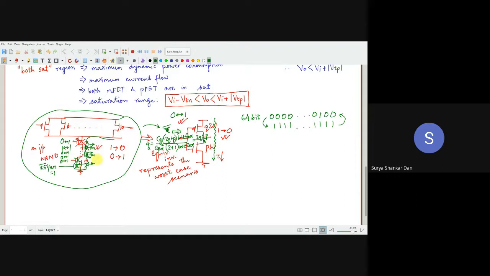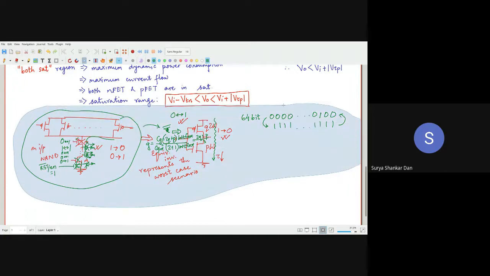Now, whenever we are making an equivalent inverter, the bottom line is we are combining all the inputs into a single one. So whenever we are transitioning between 0 to 1 at the input, it corresponds to all the inputs of the multiplexer, or whichever complicated combinational circuit you think of, simultaneously switching between 0 and 1, irrespective of what that combinational circuit is. In fact, that is the very basis of logical effort.